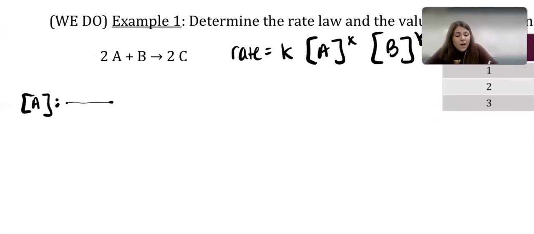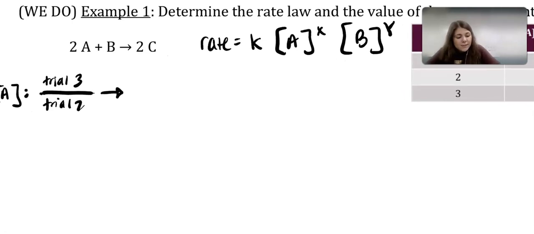So here, how I like to set this up is I like to put the trials where I'm gonna set myself up to get whole numbers. So instead of me writing trial 2 over trial 3, I'm gonna put trial 3 over trial 2 because I want whole numbers. You don't have to do this. Now what you're gonna do is you're gonna take this entire